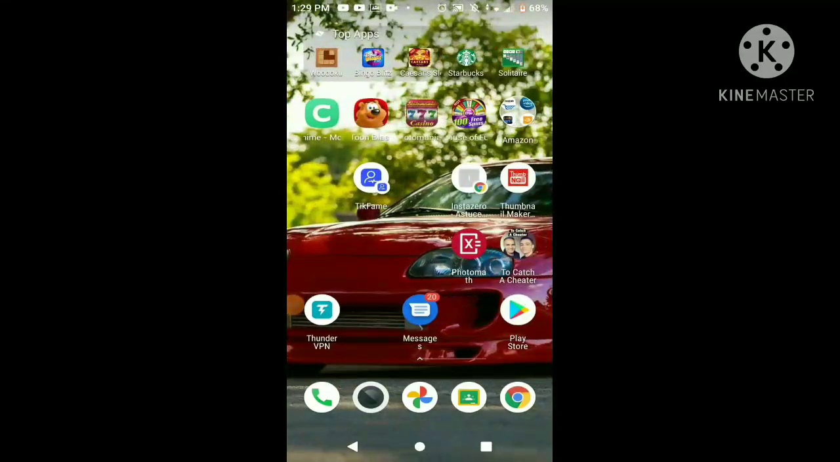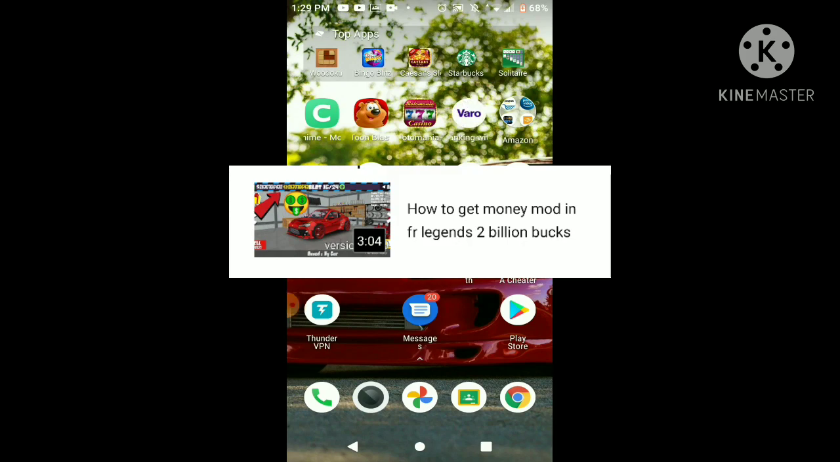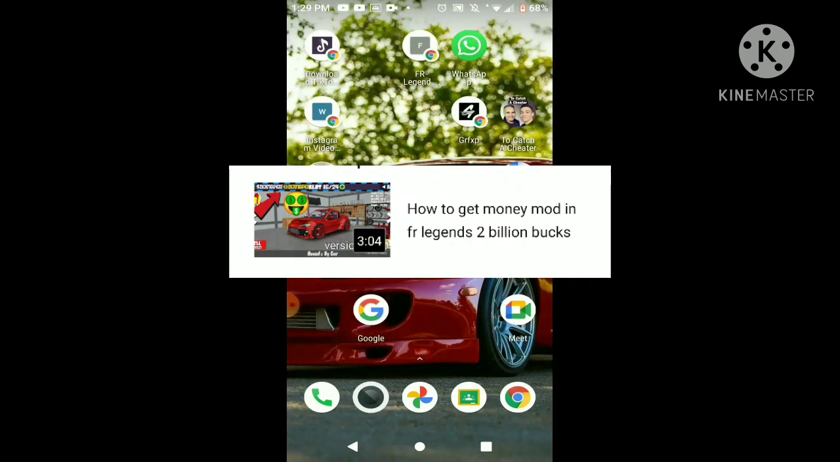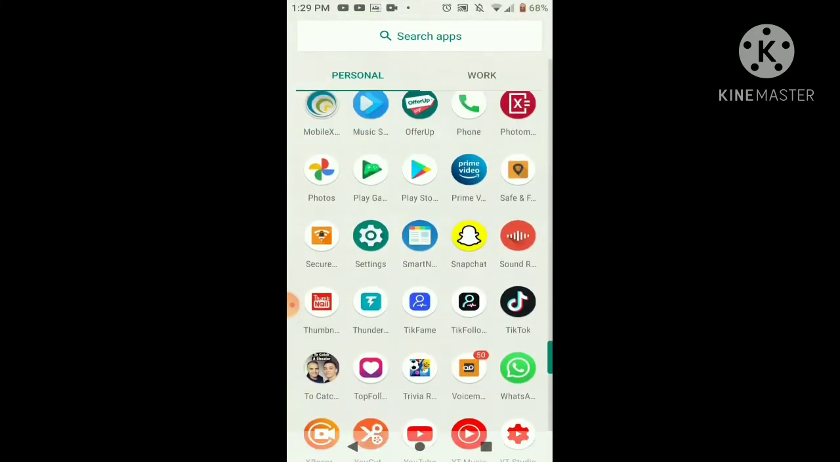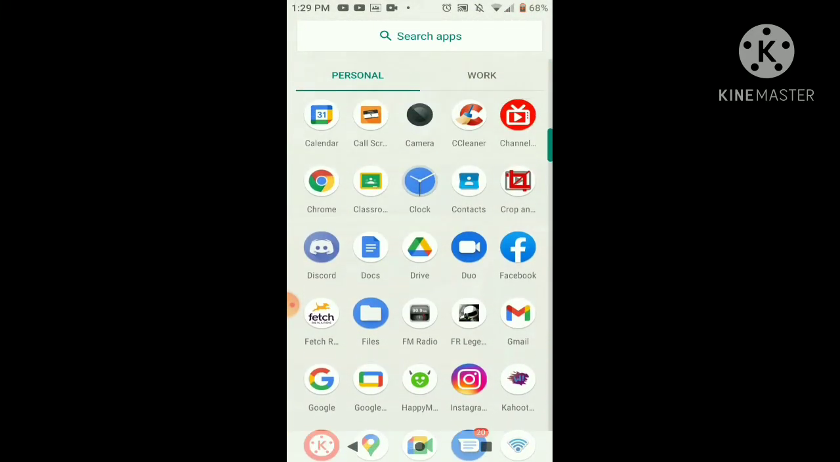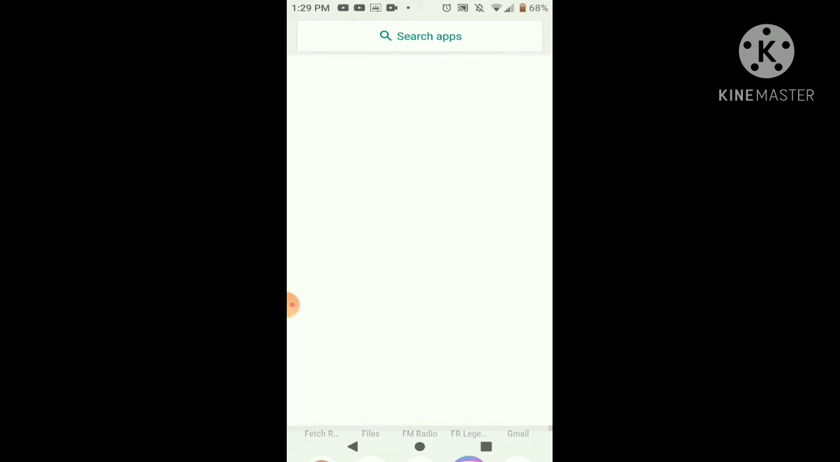I made a video a few days ago on how to get mods on FR Legends, and it only works on Android. So this time I'm gonna show you guys how to get mods on FR Legends, but this time it's for iOS only. What you're gonna do is open Chrome,